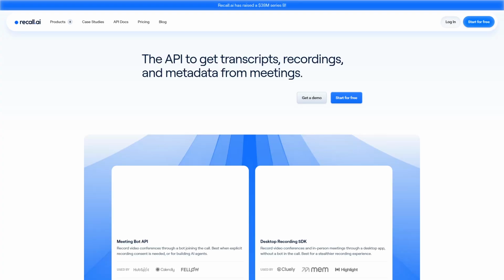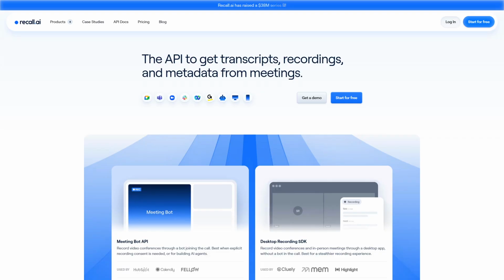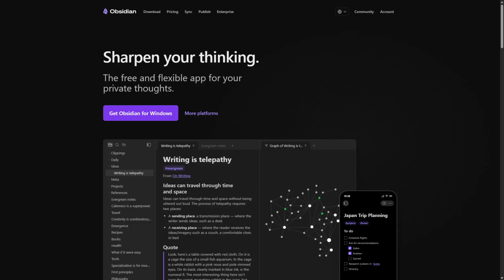Choose Recall AI if you want smart AI-driven assistance to quickly surface key knowledge without spending time manually organizing your notes. Opt for Obsidian if you value full control over your notes and prefer a customizable markdown-based system to build a flexible, interconnected knowledge base. Both tools excel in different areas, so pick the one that aligns best with your workflow and